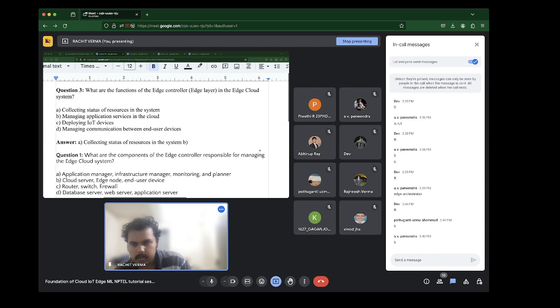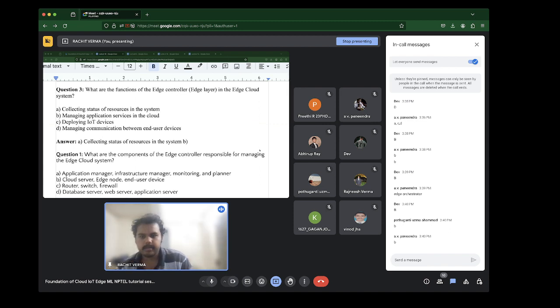So what are the components of the edge controller responsible for managing the edge cloud system?